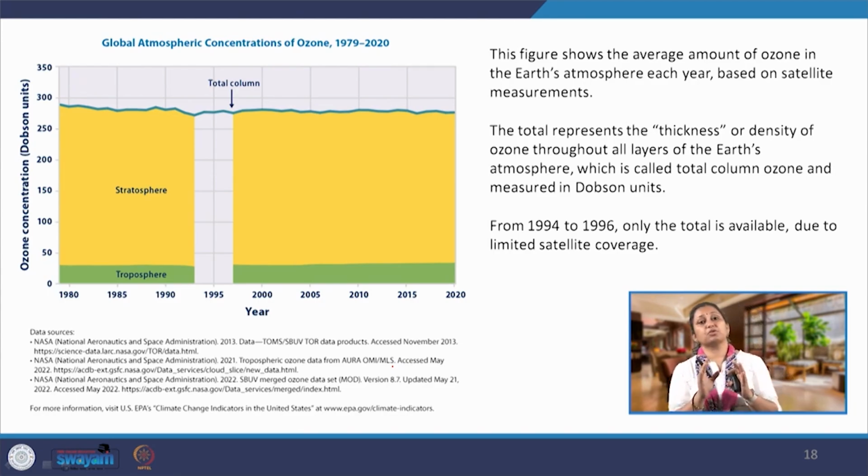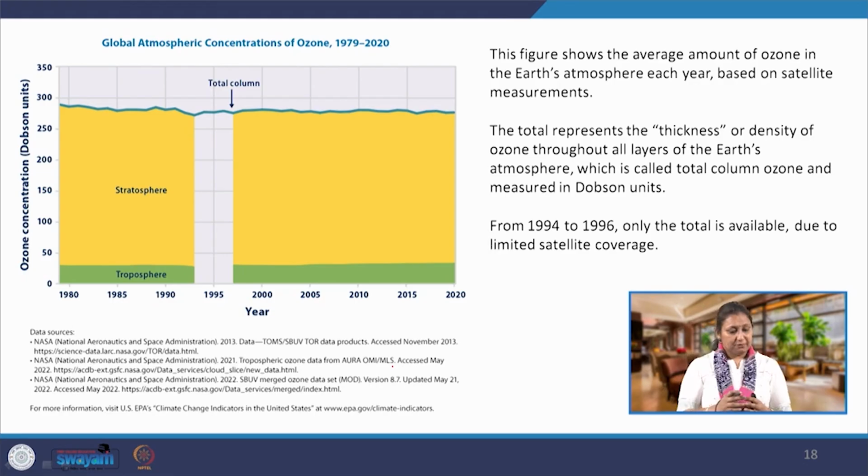global concentrations of greenhouse gases, they have been increasing, and they have increased in the last 2000 years only, and in that 2000 years also it has increased after the 1800s when the industrial revolution took place. So, that is the seriousness of the issue that we are talking about, that we need to reduce greenhouse gas